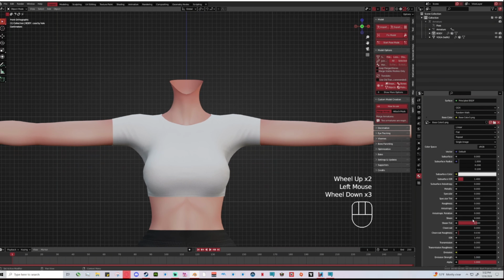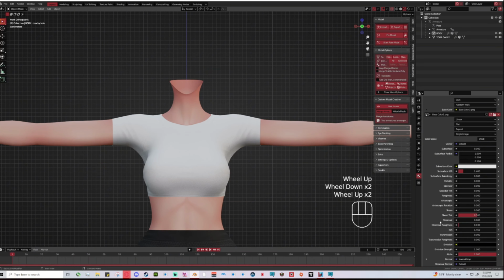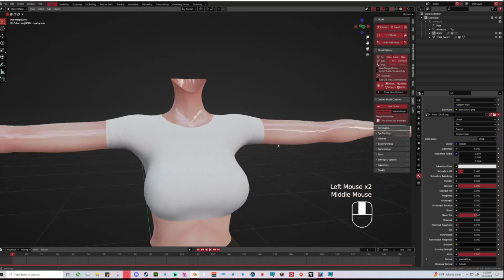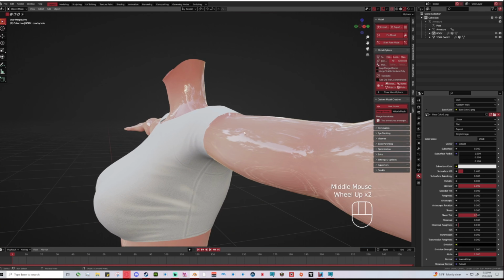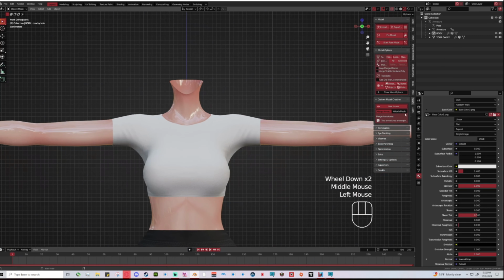Play around with these settings down here in this color space. Like I said, it's not really going to affect your avatar down the road. So you can play with the roughness. The specular is what makes it look more plasticky. It's basically saying how much light, how much reflection your mesh is going to pick up. And then metallic, of course, is going to make it more metal. So feel free to play around with these if you feel like something's too shiny or not shiny enough,